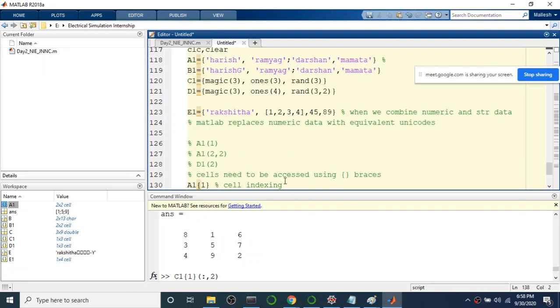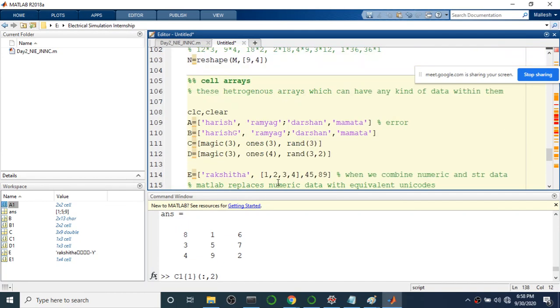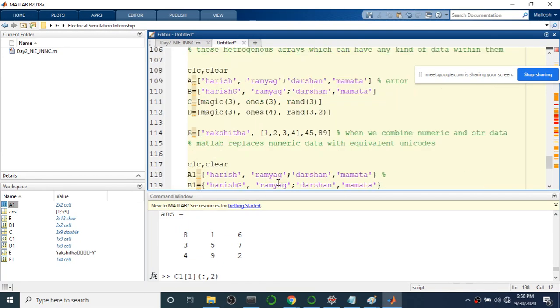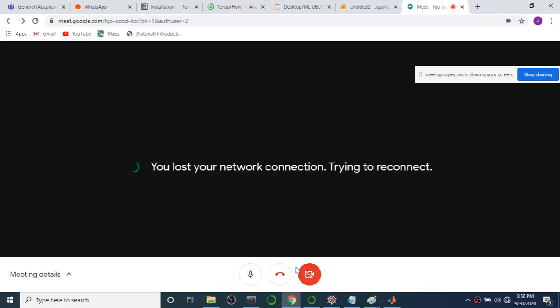And also from B1 matrix, in the Darshan string, print only SHAN. Try this too. So I'll be back in 5 minutes. Okay, so try to do this one.